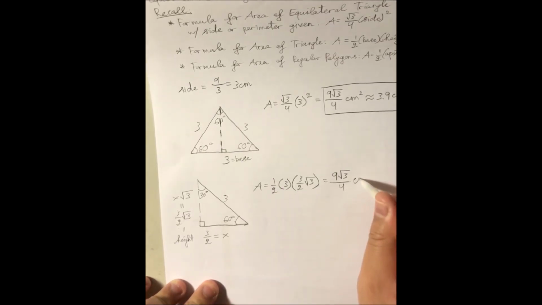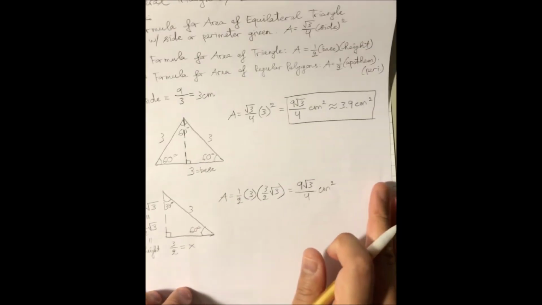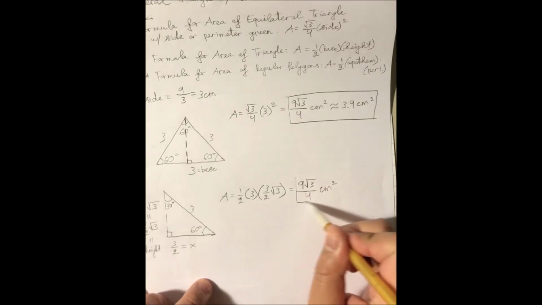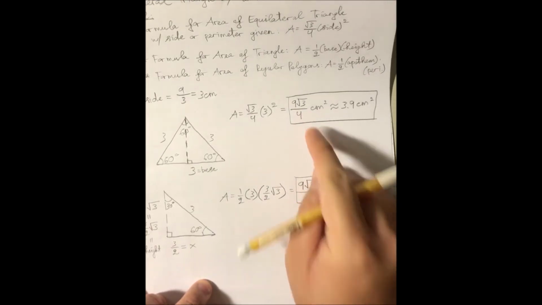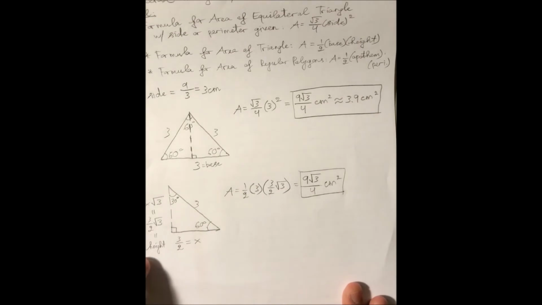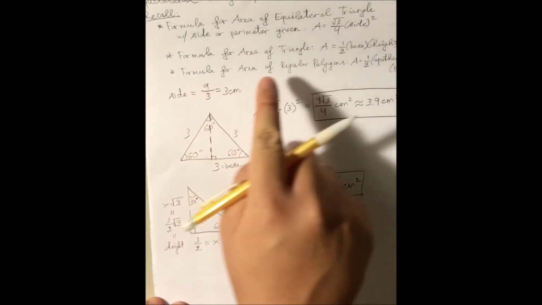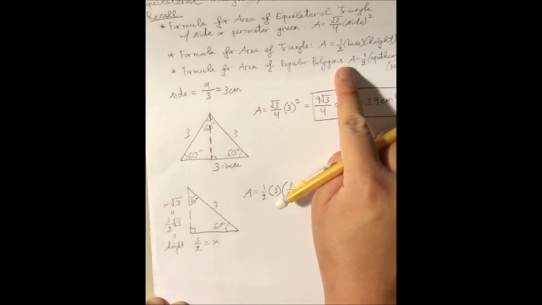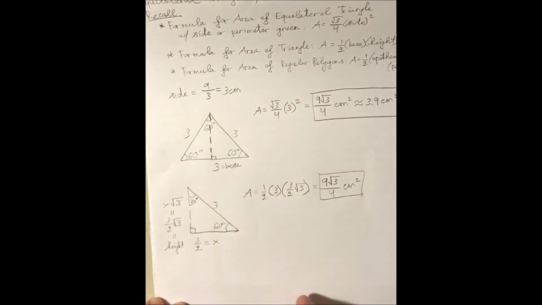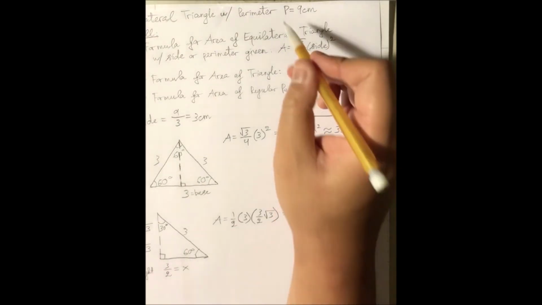So hey, we got 9 times square root of 3 over 4 centimeters squared. And that is the same as what we did up here. So that's the second formula, or the second way of doing this. Now the third way is by using the formula for the area of the regular polygon, or any regular polygon, I should say. So we know the perimeter, which is 9 centimeters up here,